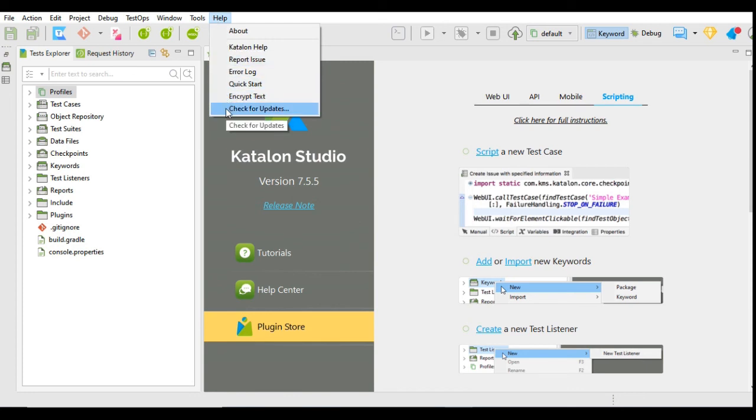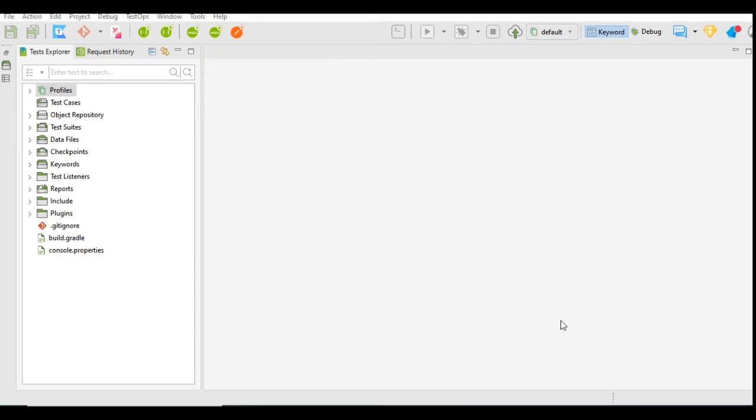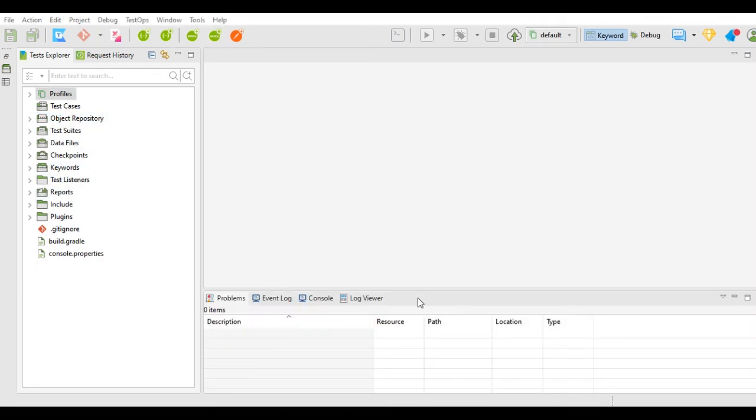And this is the Check for Updates menu, which will check for updates in the current Katalon Studio and will update Katalon Studio. There are different editors in Katalon Studio, like if you open a test case, the test case editor will open. If you open a test suite, the test suite editor will open. If you open any object repository, then the object repository editor will open.